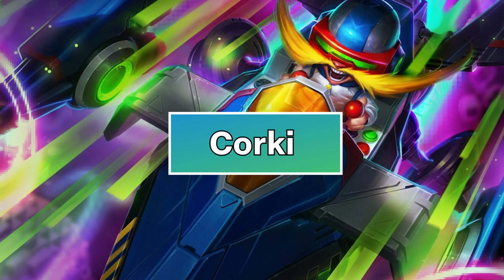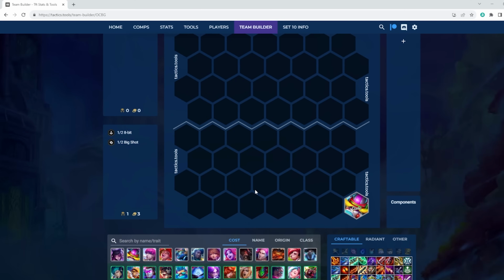Next, we have Corki. Now, Corki is interesting because his ultimate is going to be hitting in a bit of an AoE around the units he's hitting. What this means is you don't want the enemy front line to be spread out because you want to be hitting multiple units. What this means is that if you're into a Corki player, you want to spread out your